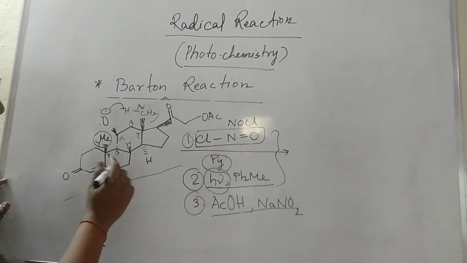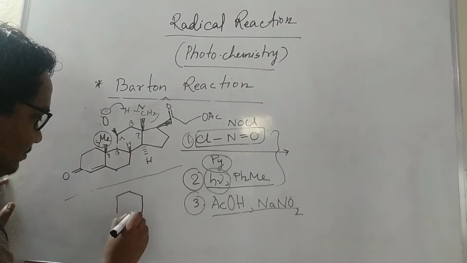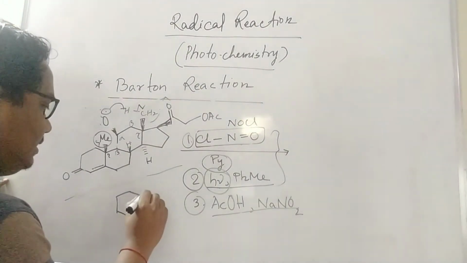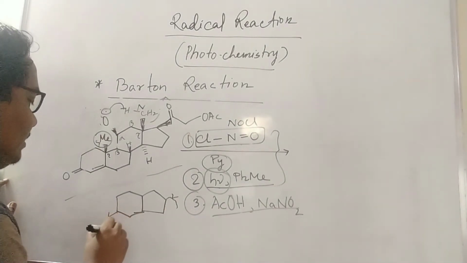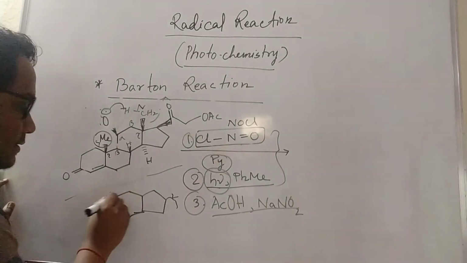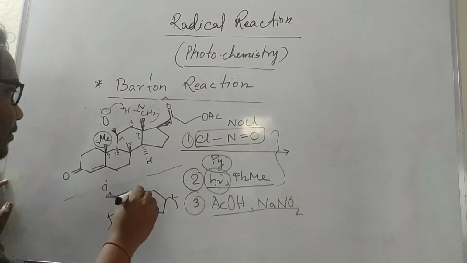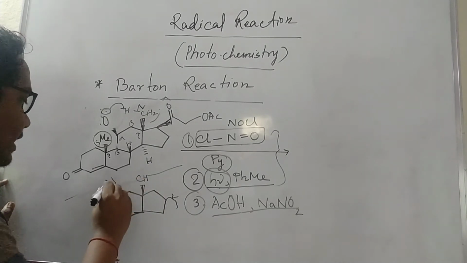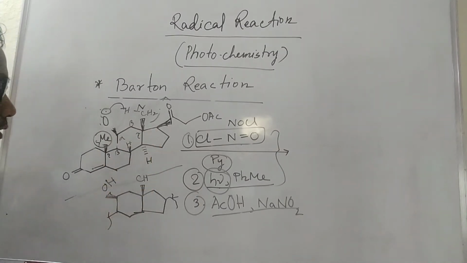So what will be the product in the next step? I don't write this whole moiety, I just write this first moiety. So here you see, this is the product, that I will write like that, and here many groups are there, so don't write them, just consider this moiety. Here see now, here I wrote O dot, and here I wrote OH, because already this will take the proton, and CH2 dot is there, and what will come?